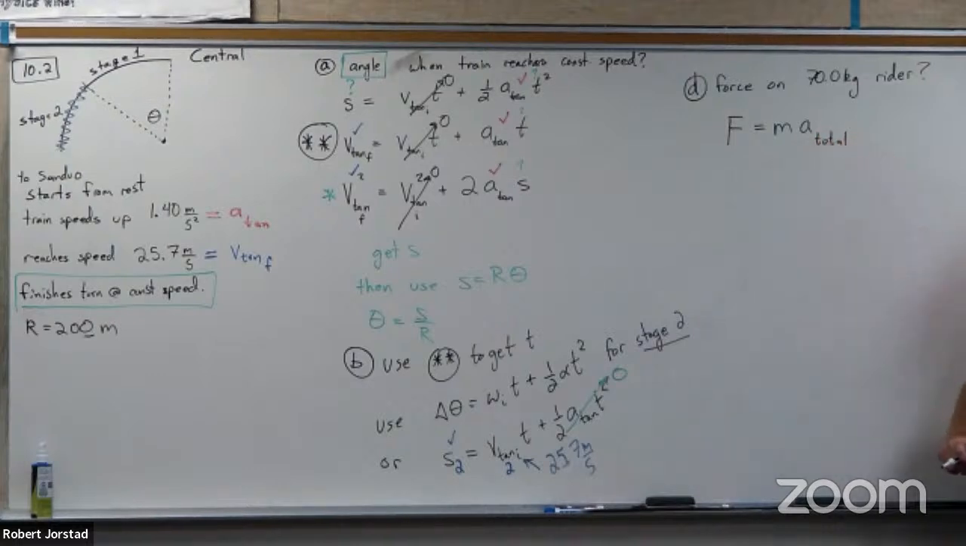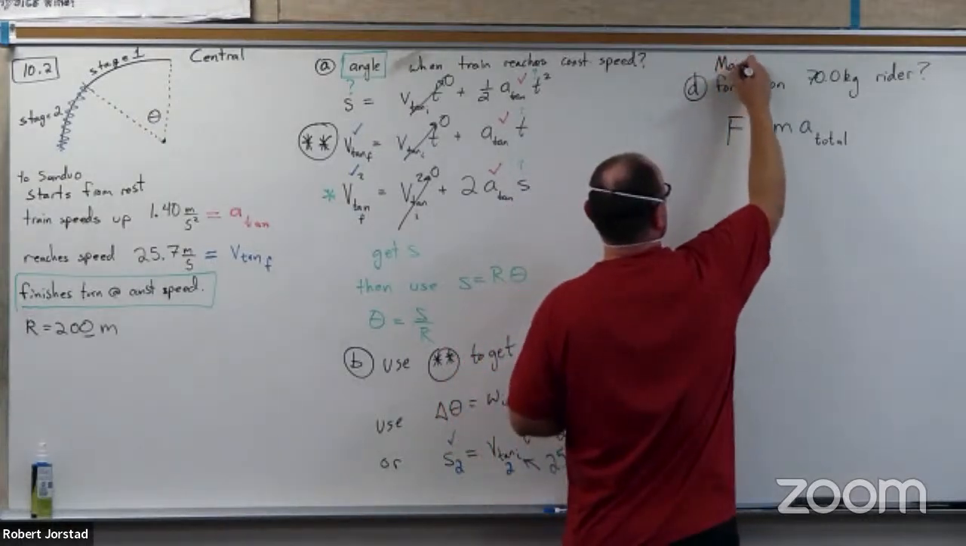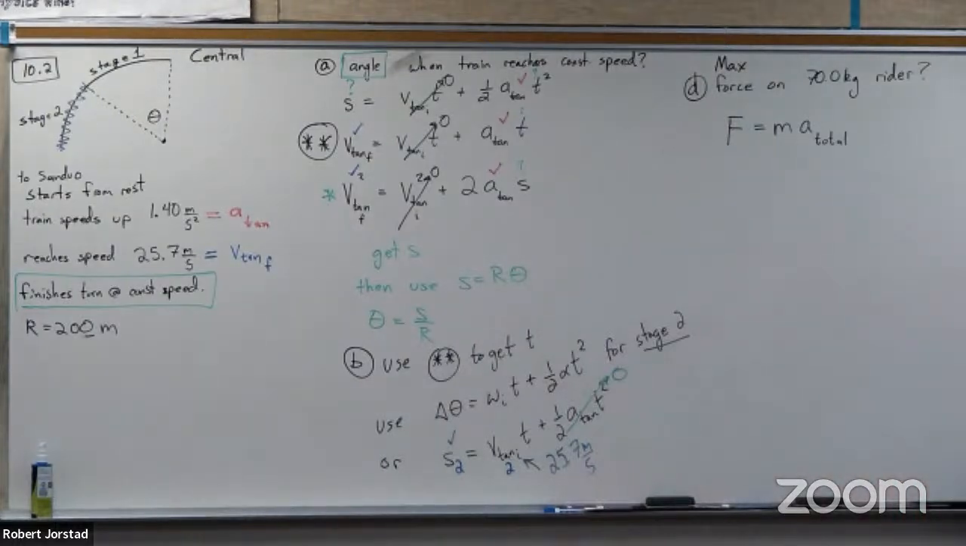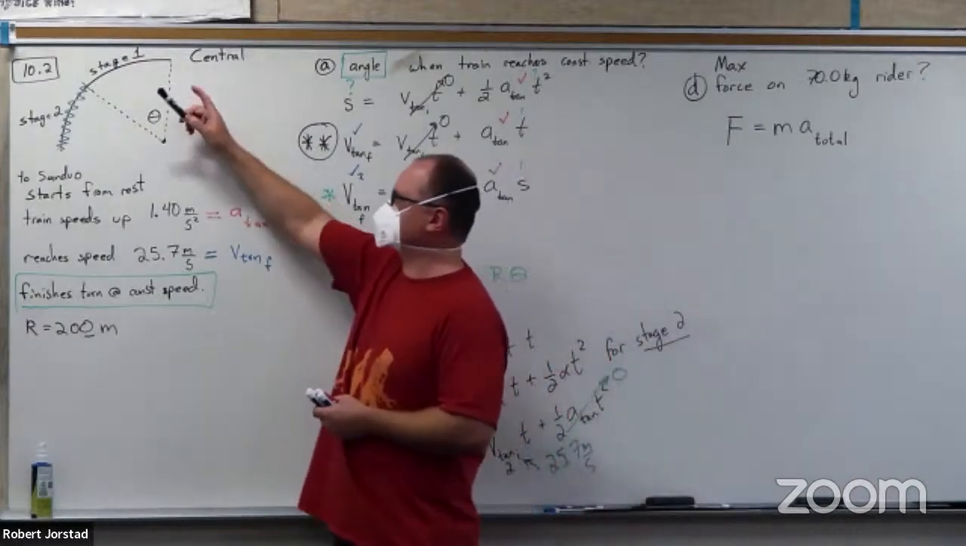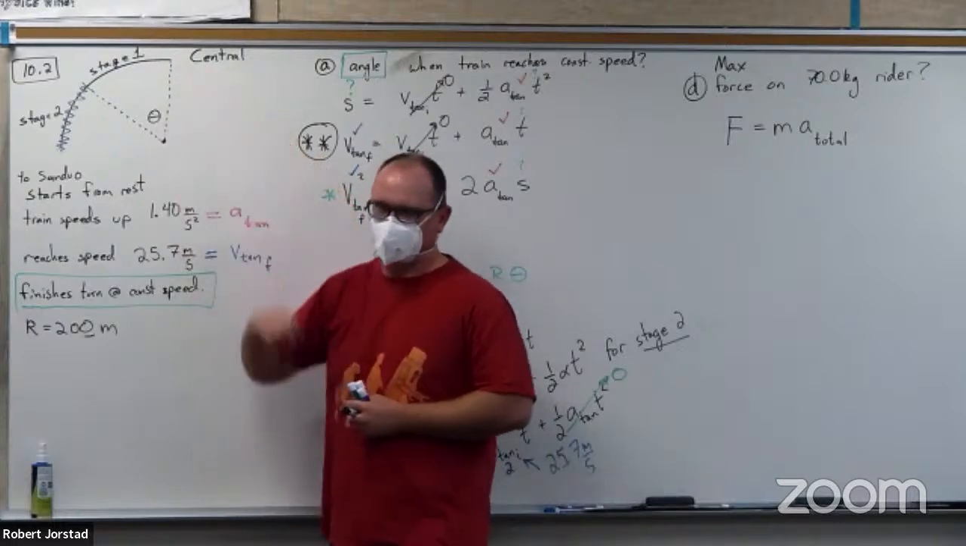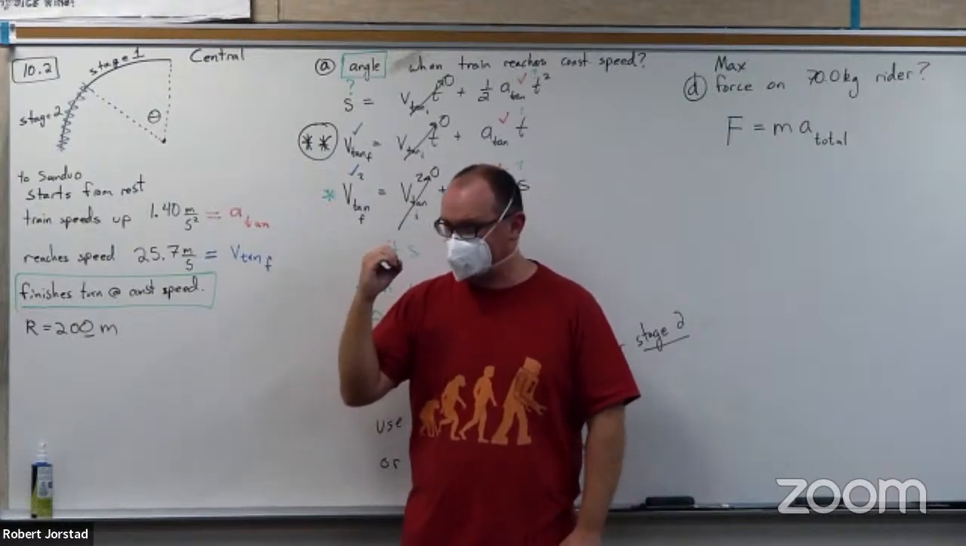Well, we know how to get A total, don't we? And what did it say? It said the maximum force, is that right? What did it say in part D? Maximum? Where is the acceleration going to be maximum? For example, at the beginning, what is the acceleration right now at the very beginning? How much centripetal do you have at the very beginning? What is your speed at the beginning? 0. So what's AC equal V squared over R